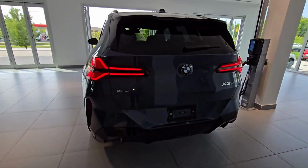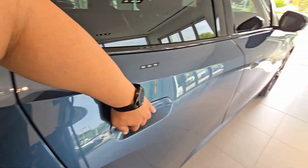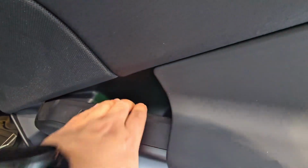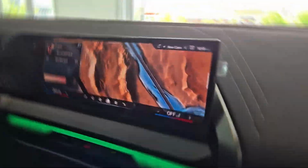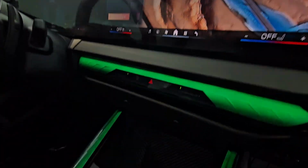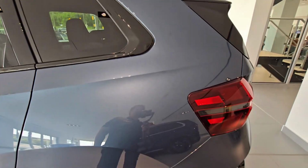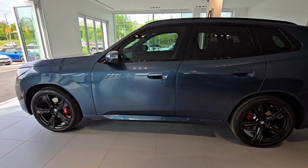Design. Bold, minimalist, and slightly divisive. The design of the 2025 X3 marks a clear break from the past. Gone are the aggressive lines and angular surfaces of the G01 generation. In their place is a smoother, more modern shape. The front fascia features a larger grille that's less imposing than some recent BMWs, thankfully, flanked by narrower headlights and more subdued lower vents. There are no fake exhaust tips here, just clean, minimalist surfaces that reflect BMW's new design